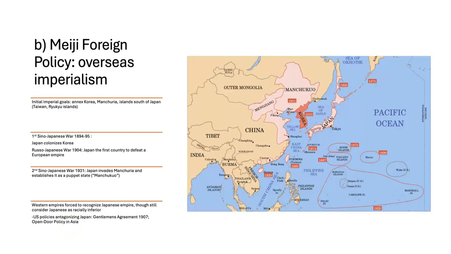So what is the Gentleman's Agreement first? Well, for this, you need a little background. By 1907, there's already a significant number of Japanese laborers that migrated to the U.S. West Coast. What are they doing there, by the way? Well, if you're familiar with the Chinese who worked on the railroad and the mining industry on the West Coast, like California and all through, let's say, Oregon and Washington, they were kicked out by 1882 with the Chinese Exclusion Act.